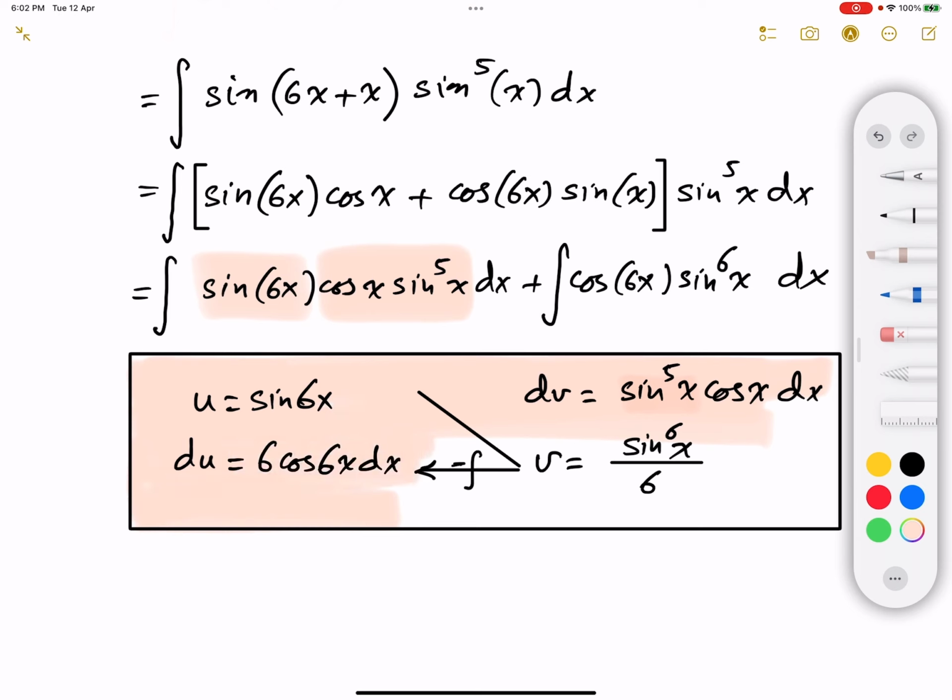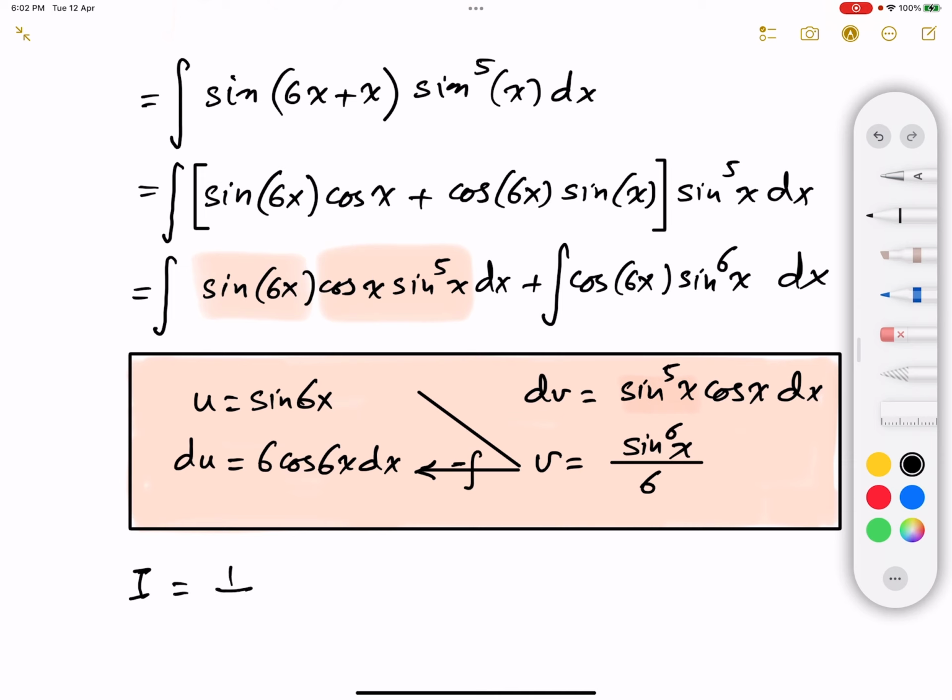So that's exactly what I'm going to do here. And then our integral is going to be equal to